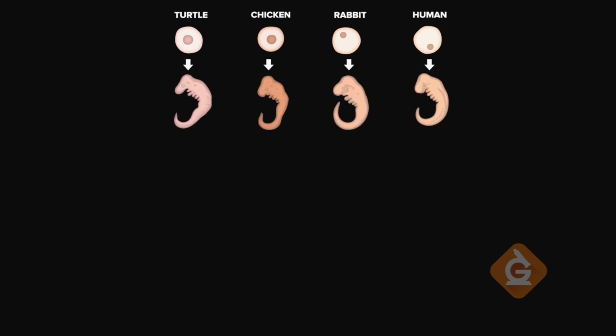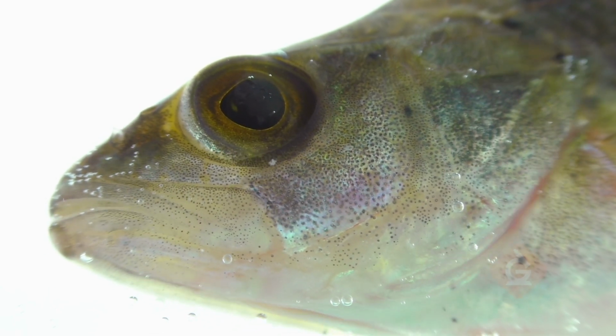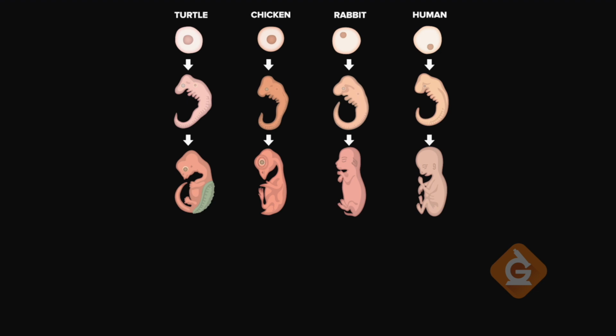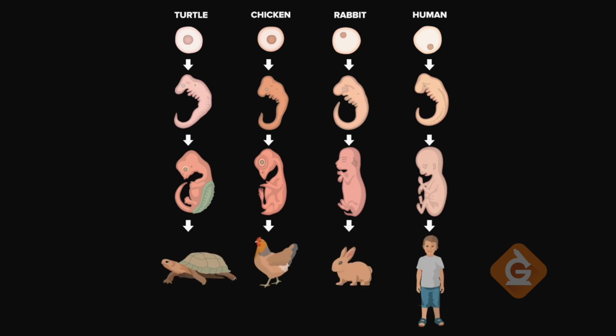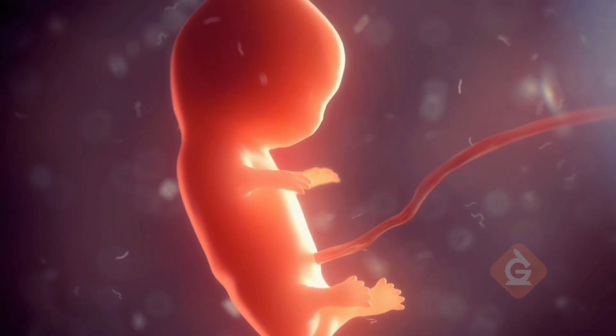Weird. They're all developing the same way, and they even have tails. And they all have little ripples under their heads. What is that? Those are called pharyngeal slits, which in fish develop into gills. That's crazy. So when chicks and humans are embryos, we have parts similar to gills and a tail? Yes, the tail goes away as we grow, but we still have a few bones from that tail in our